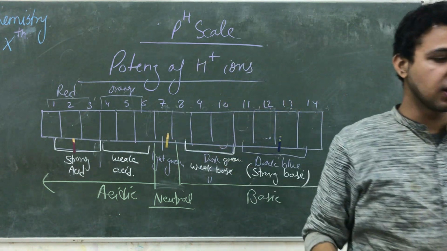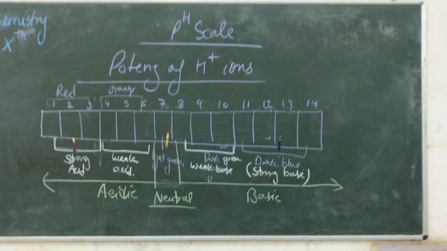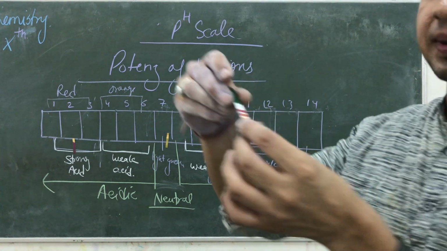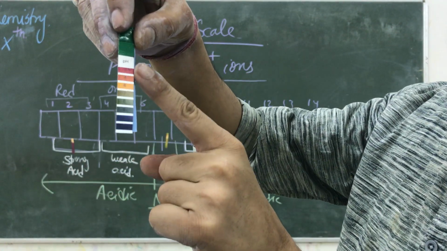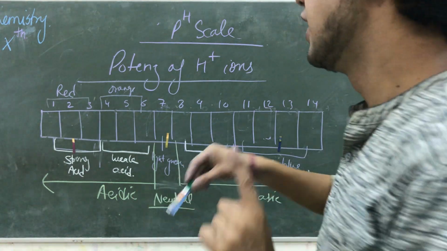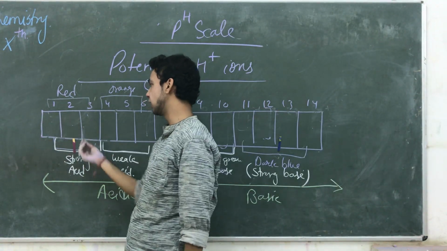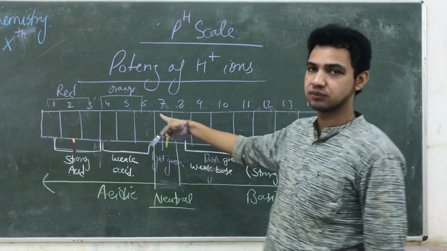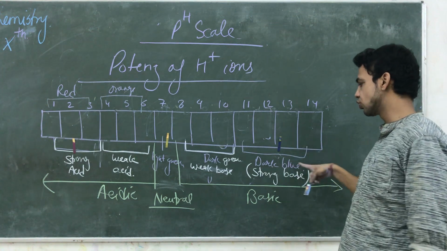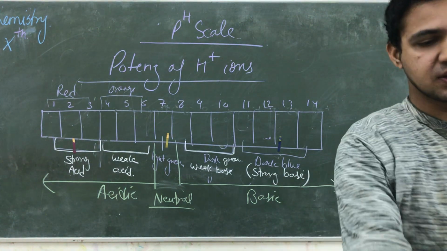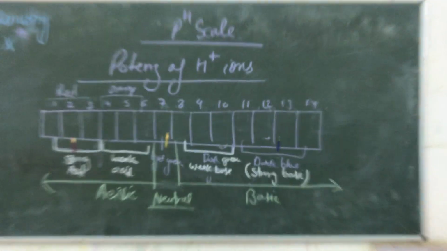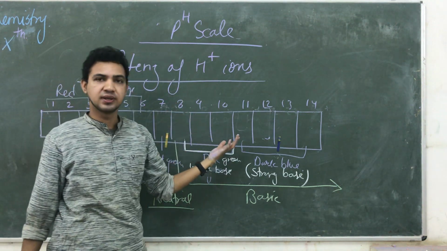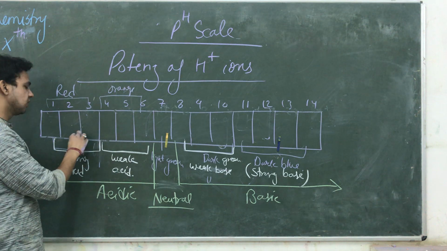So where will this belong? It will belong to the neutral state. On the basis of the change, we compare with a standard value. What do you match it with? Your standard value. If the color is red, like this one, it is a strong acid, and its pH value lies at 1, 2, 3. If its color is neutral light green, it lies at 7. If its color is dark blue, it's behaving like a strong base. So this is how we identify which one is a strong base, strong acid, or neutral in nature. This is known as the pH scale.